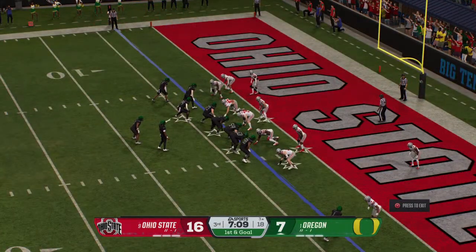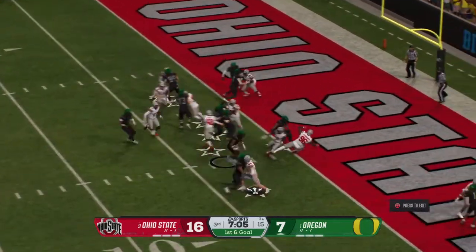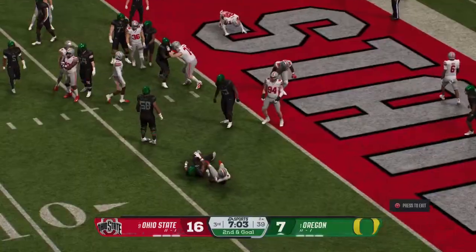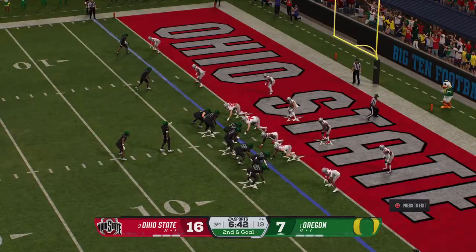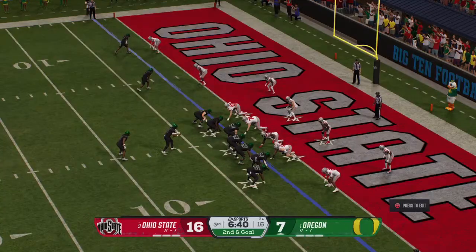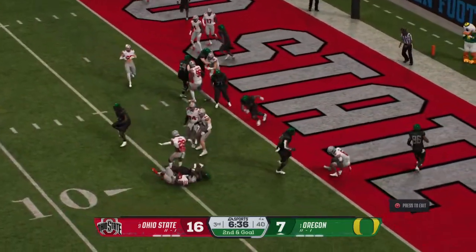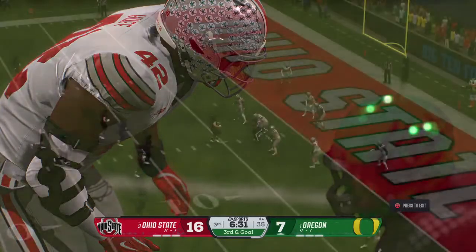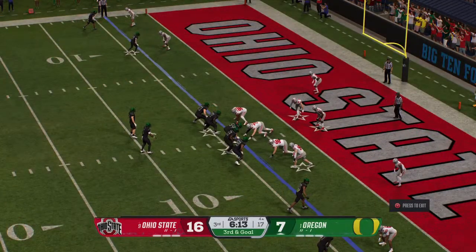And the Ducks looking to finish the drive here. It's first and goal. They'll try to run this one in. Couldn't quite get there, brought down at the 2. Second and goal for the offense. On the ground, trying to muscle it across the line. Slams right into a wall. They've got him for a loss. Here we go, back in the red zone.